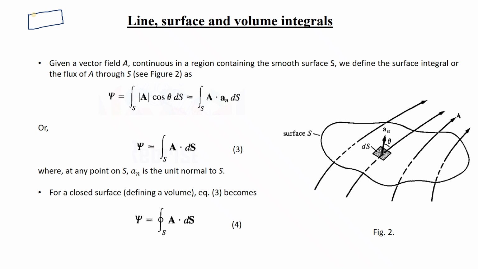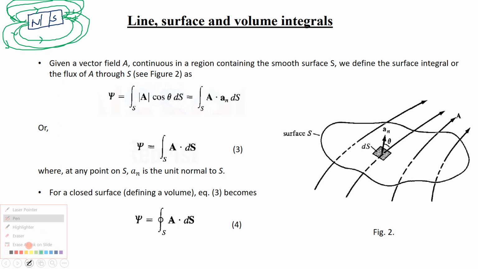What amount of output? Suppose you have a bar magnet like this, north pole and south pole, and the bar magnet has magnetic flux from north pole to south pole. All of you know this. In physics you have studied. The fluxes originate from the north pole and sink at the south pole. Now what are these magnetic flux lines? Can anyone tell me? What does this magnetic flux carry? What are these lines called?